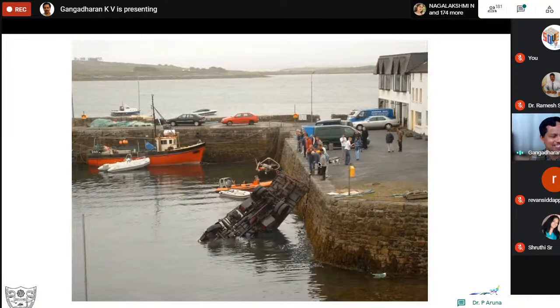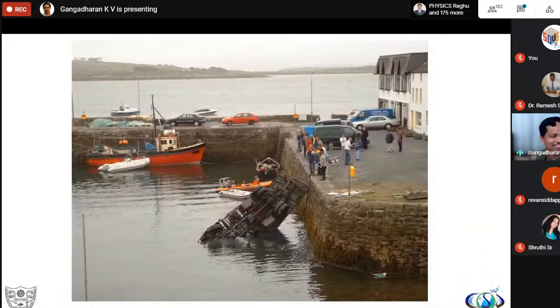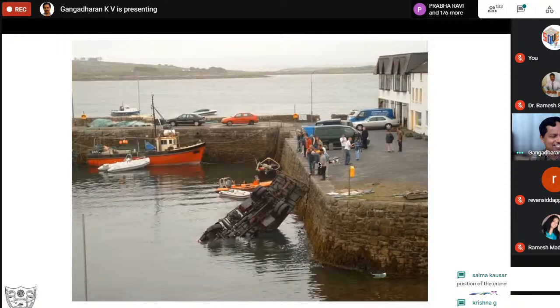Okay, miscalculation. Good. Dr. Arun has given a comment on the chat. I would encourage all of you to chat. Improper tool usage. Yes. Length of the rope or tow. Okay. Position of the crane. Load balancing. Good. Dr. Naveen has given that. Very good. Improper mechanical advantage. Good, Krishnan. Very good. So center of gravity is mentioned, improper forces are mentioned. Good. So you started looking at it as, did the tool fail me or did something else fail me?